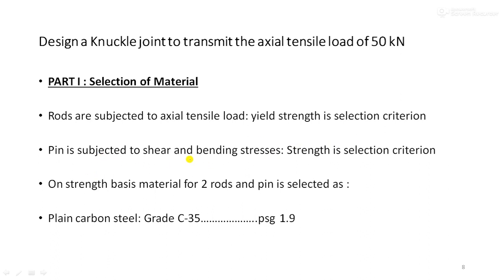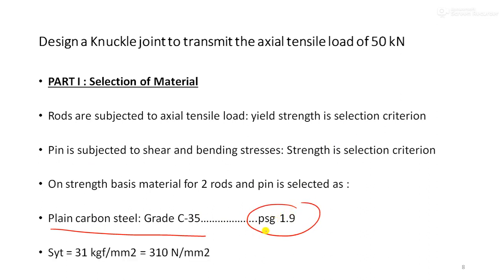Again, the pin is subjected to shear and bending stresses, so again strength is the selection criteria. So we'll select a plain carbon steel, that is a ductile material, C35, from PSG design data book 1.9. Now if you look on this page 1.9, you will find C35. Now basically why I have selected C35, because now this,